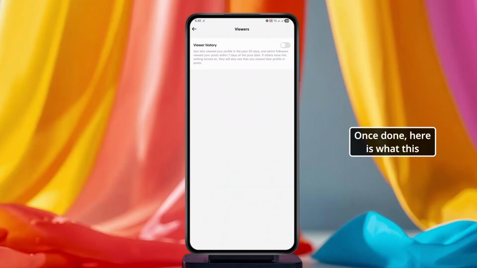Once done, here is what this setting actually does. When it is turned on, you can see who viewed your profile in the past 30 days and which followers viewed your posts within 7 days of the post date. But at the same time, others with this setting on will also be able to see that you viewed their